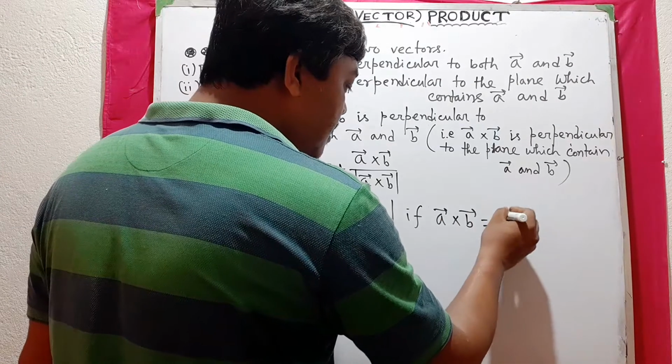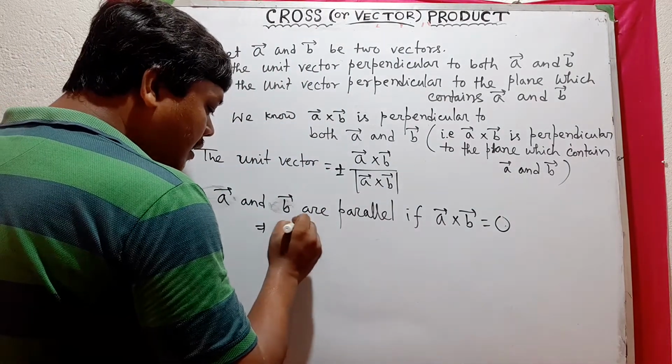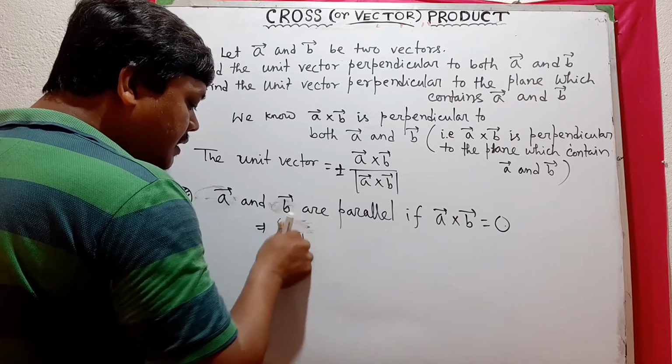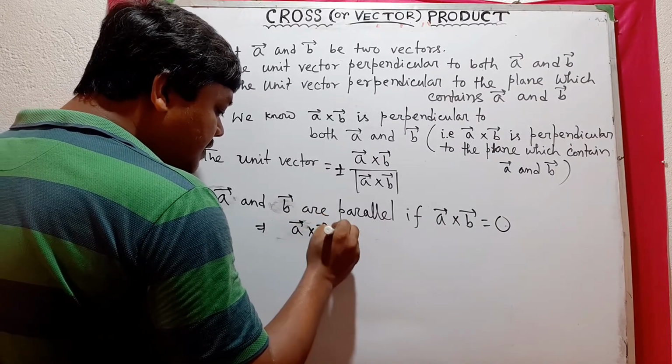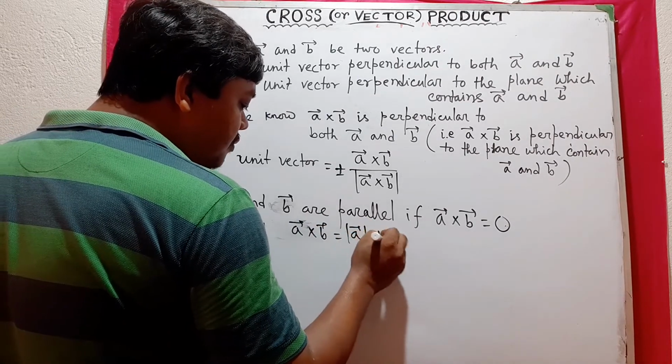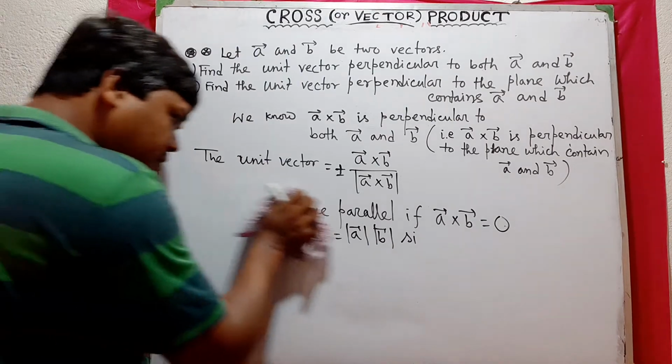Another part, বা আমরা বলতে পারি mod A cross B equals to, আমরা কি জানি, mod A mod B sin theta। আচ্ছা, ওকে, ইরেজ করি এই পার্টটা।